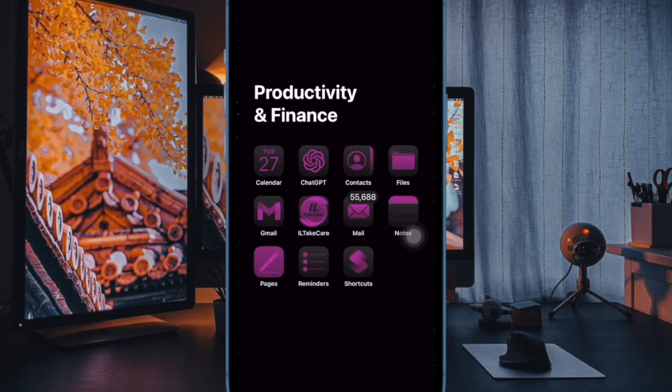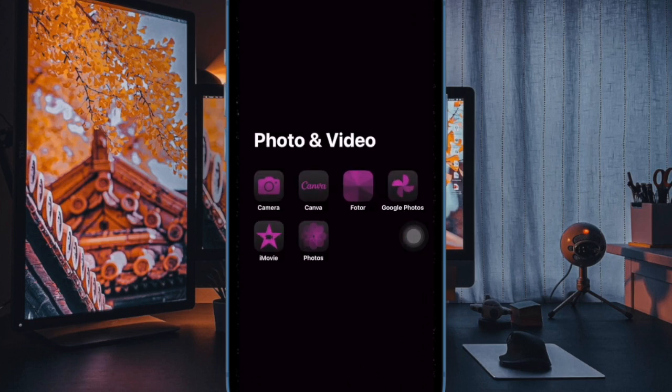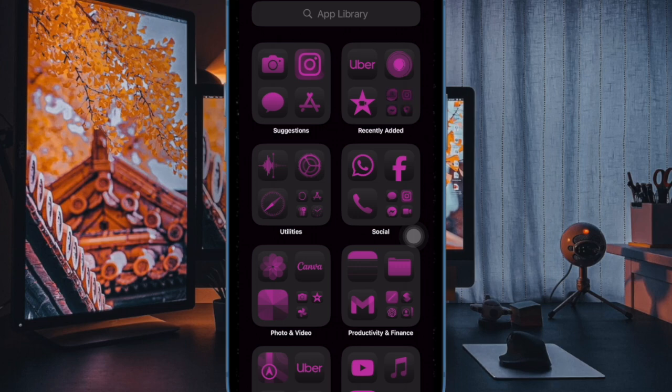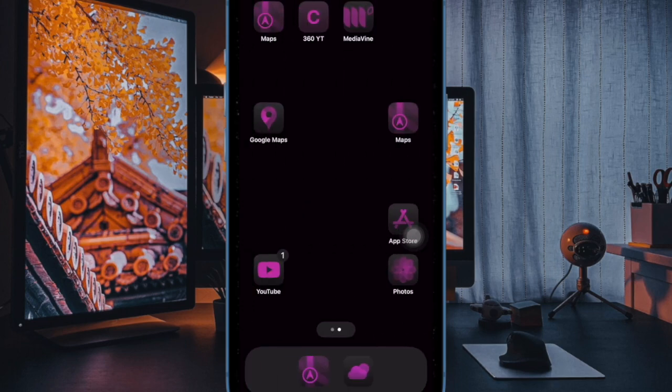So that's how you can easily add a tint to your iPhone home screen icons in iOS 18 or later. Now that we have unlocked this neat feature, make the most of it to give your iPhone home screen a